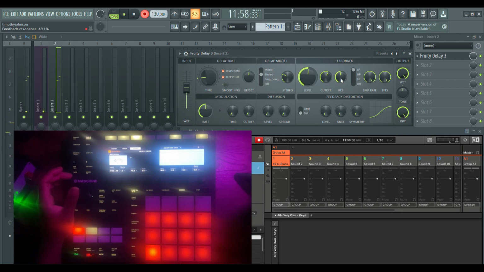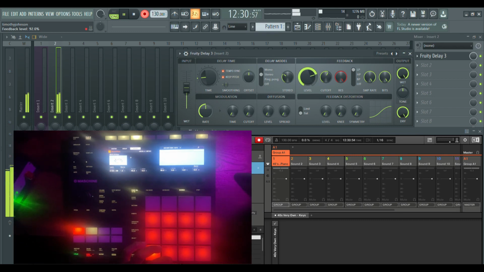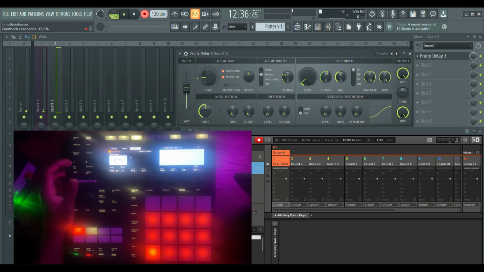So you definitely want to be careful there. Resonance also has that same visual indicator, and you also have to be careful with this one because the feedback level doesn't have to be all the way up to the max in order for you to get that additional feedback. As you can see, right? I think it's about maybe 75%, and you can start getting that additional feedback. So something to be mindful of when you're working with those two options,